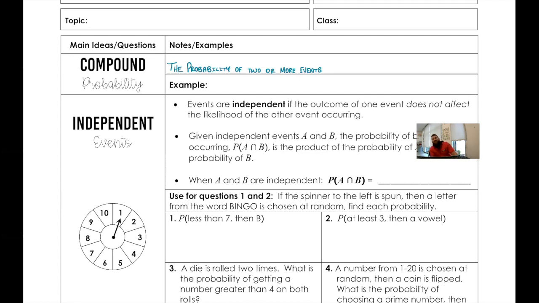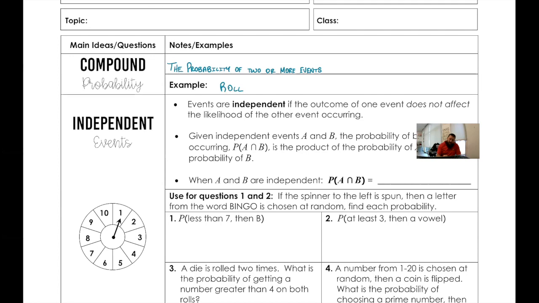Today we get to talk about compound probability, and compound probability is simply the probability of two or more events together. Like when you make a compound sentence, when you keep talking and talking forever and ever, and you just keep going and going, and there's no actual end to it or no actual punctuation, but you just continue to talk without actually stopping and putting a period, and you just keep using the word and to keep extending that sentence. Compound probability. So for example, if we were to roll a die